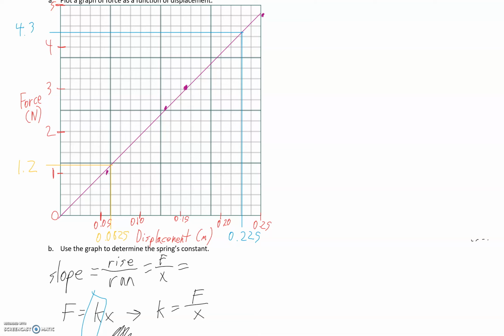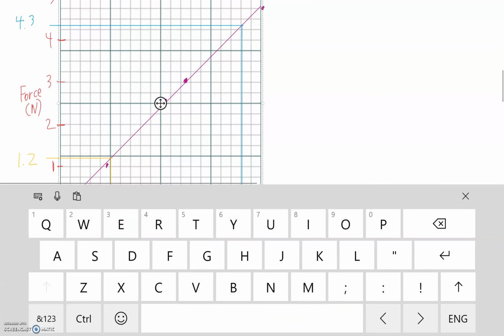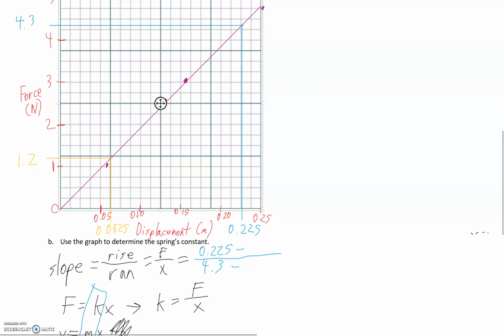So with that all in mind, we can go 0.225 minus, and at the bottom we can have 4.3 minus, and then yellow we can go 1.2, and then up top 0.0625, and then equals, and so now we're just going to plug all of that in, 0.225 minus 0.0625 over 4.3 minus 1.2, and so what we get is